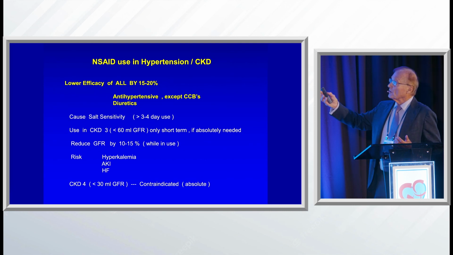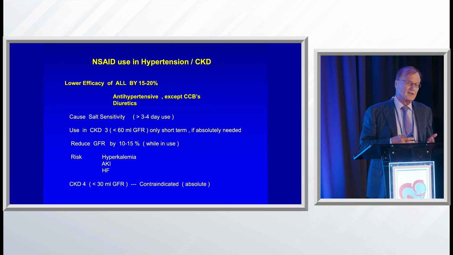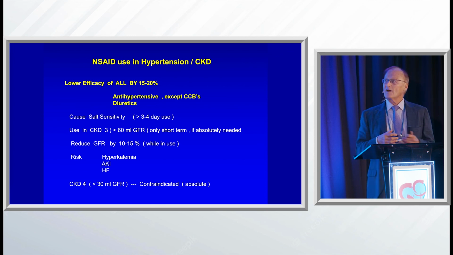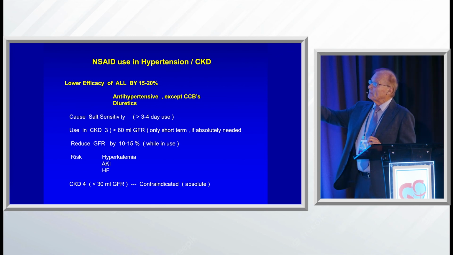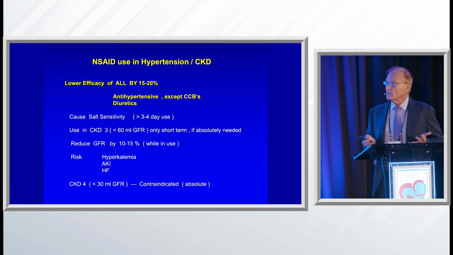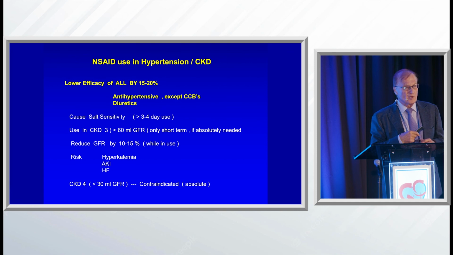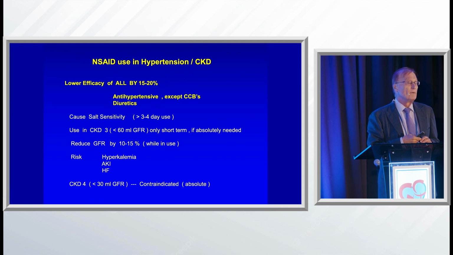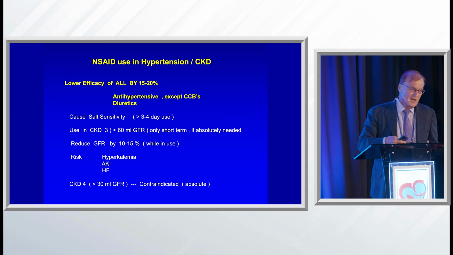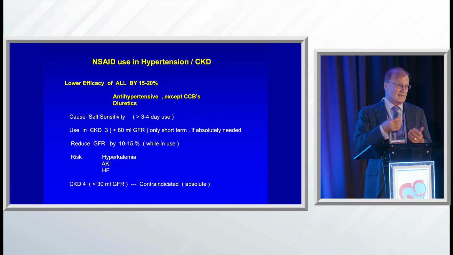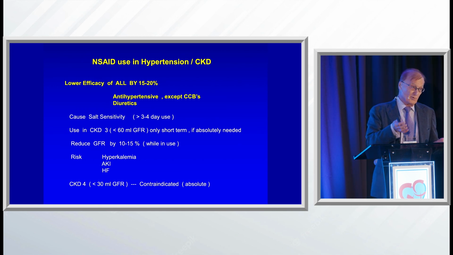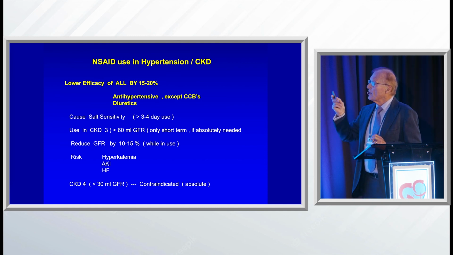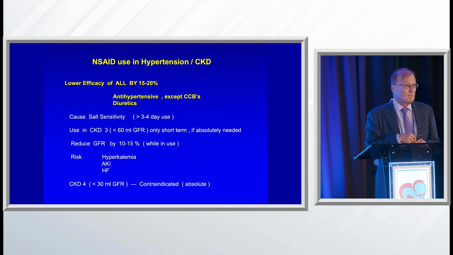So just a quick couple words: be careful with NSAIDs. I know for every decade one gets older, one uses more for all these aches and pains. But basically, after 2-3 days, anybody becomes very salt sensitive, and they're knocking out prostaglandins. Therefore, your blood pressure pills, except for calcium channel blockers, become less effective. So if somebody has osteoarthritis and needs to take almost daily a form of NSAIDs, and they have, let's say, 140 systolic blood pressure, the drug of choice for that person would be a calcium channel blocker, because it's unaffected by being attenuated by the NSAIDs.